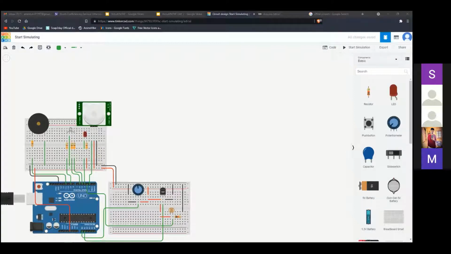So I think we can start. Once you open your Tinkercad, it will be a completely blank page. Since I have already created some of the circuits, there are some components on my drawing board. When you are going to start your simulation or circuit connections,